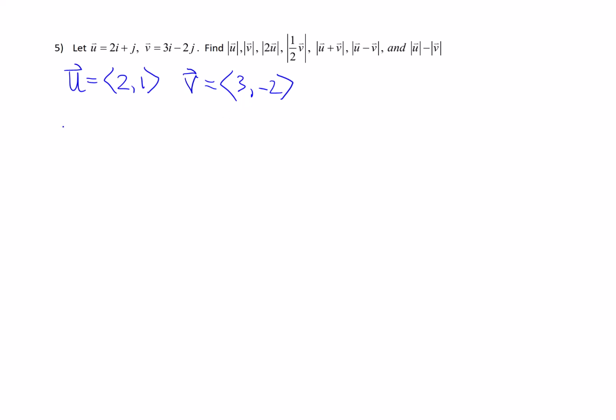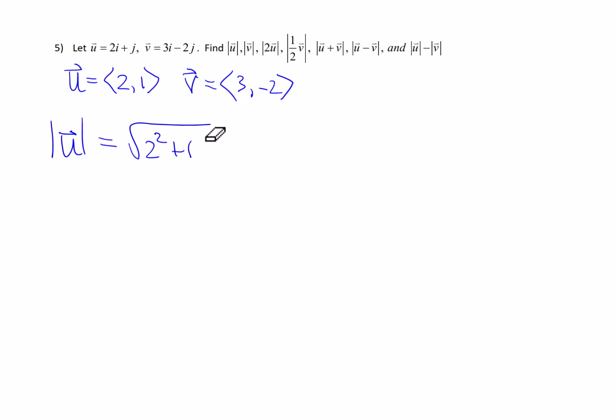The first one is the magnitude of vector u. So it looks like absolute value symbols containing vector u. Well, again, we have above a formula for this, which would be the square root of its components squared added up. So in this case, it'd be like 2 squared plus 1 squared,